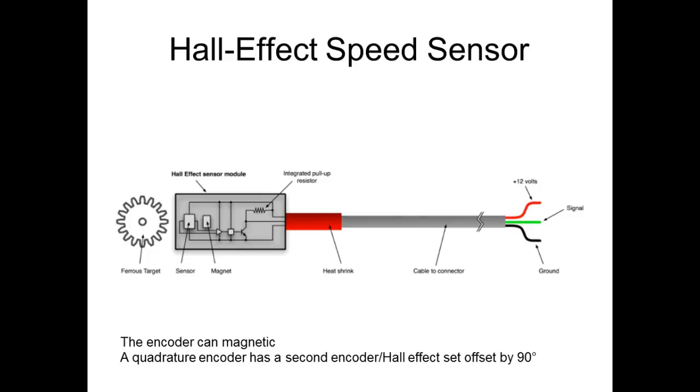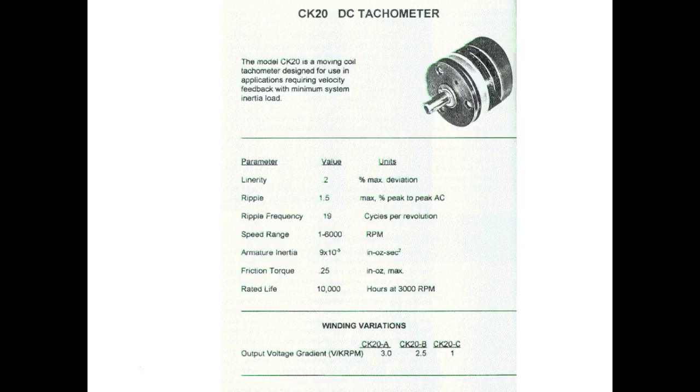A quadrature encoder has a second encoder wheel offset by 90 degrees. Then this would be a quadrature encoder. So that's why I put this in there. So the servo motors that we're getting have a quadrature encoder. Next thing we have is DC generators, which have been used for years